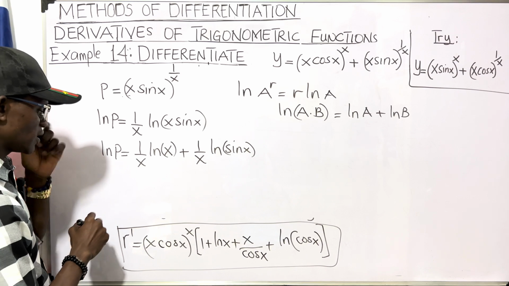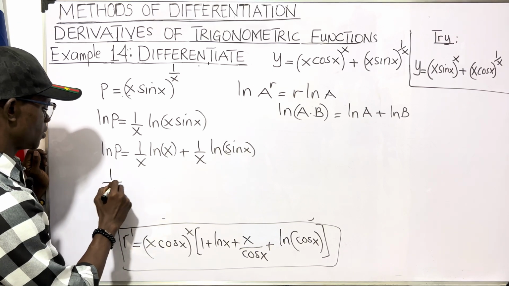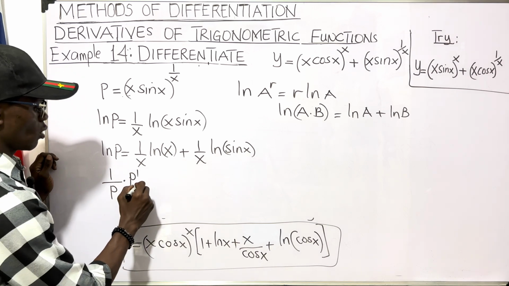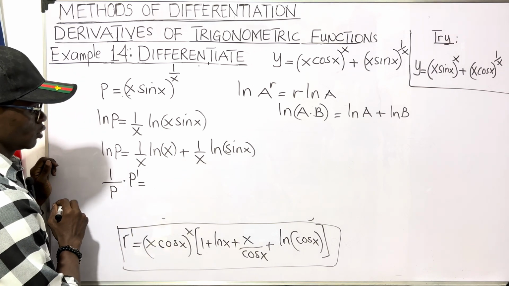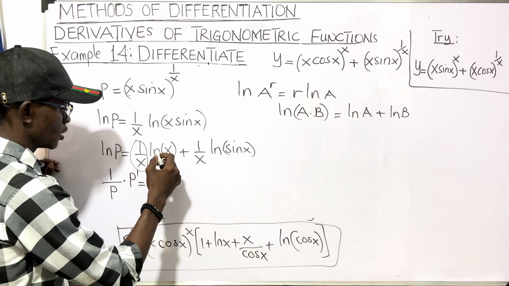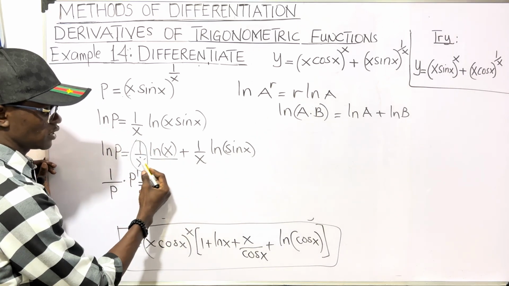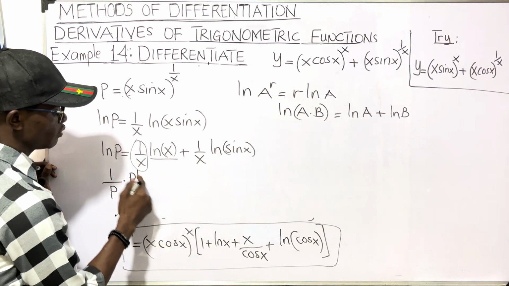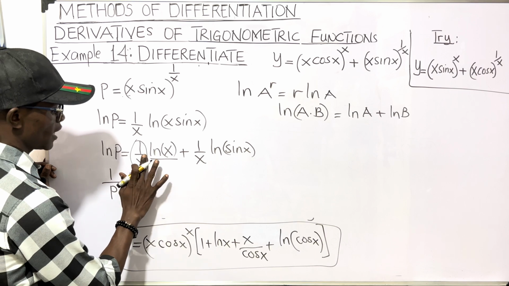Then let's find the derivative. So we have 1 over p times p prime equals. So this function and this function, we must find the derivative separately. So let's assume we hold the first function, or we can even rewrite this function as x raised to the power